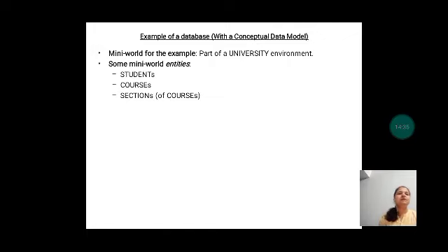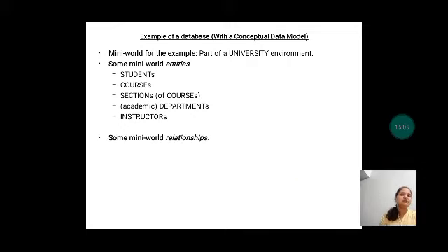And then academic departments. Departments are a must; without departments, a university cannot exist. So I can consider department also as an entity of the university database. And then instructors, yes. Instructors are nothing but the teaching faculties. They are also a must, and I'm going to consider instructors as an entity here.